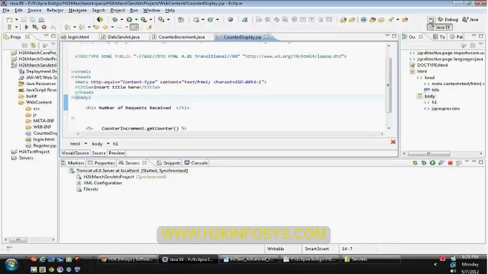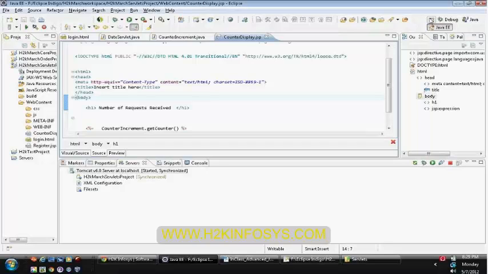Previously, we have seen about the sendRedirect issue. Whenever our container has received a request, what will it do? It will find out the resource, and it will create two objects, which are the request and response objects, and then it will hand over the request to the servlet.